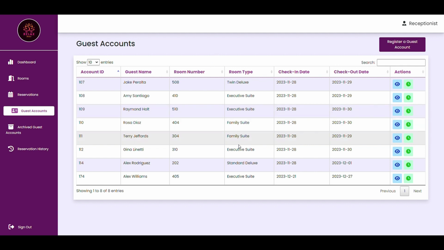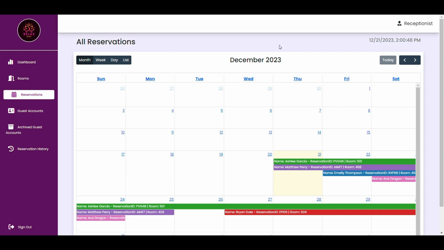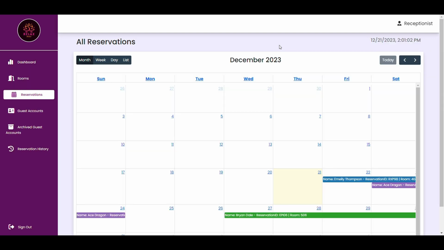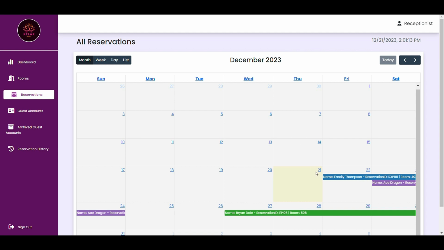at the hotel. And for cancellation, the system has a feature of automatic cancellation. Since the check-in time for reservations is 2 o'clock p.m., at exactly 2:01 p.m., all the reservations that are still in this calendar, meaning the guest did not arrive before 2 o'clock p.m., will be automatically cancelled. And as you can see, the other 2 reservations on December 21 are already removed from the reservations.